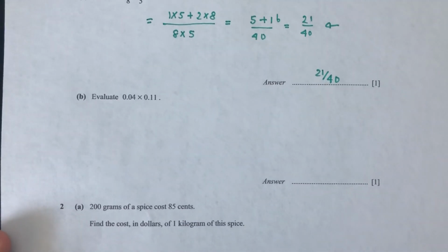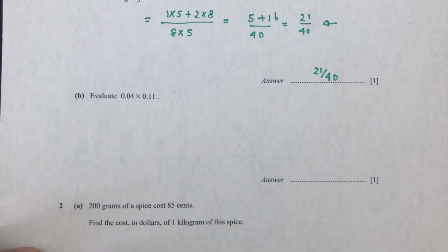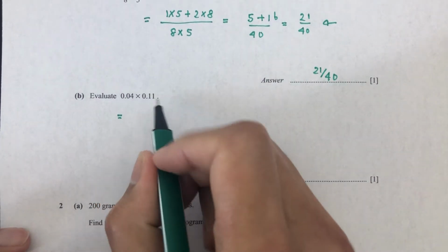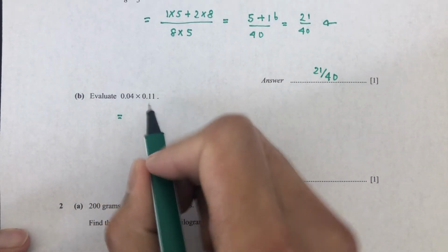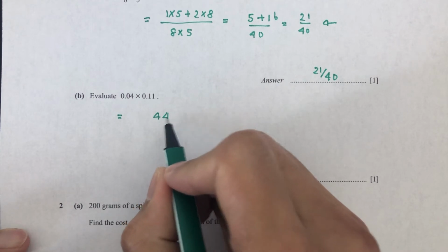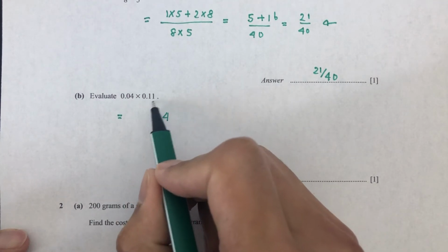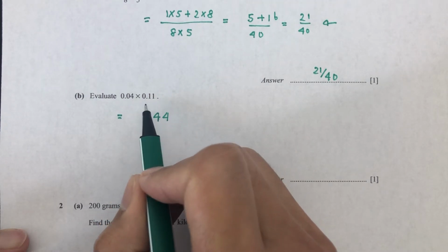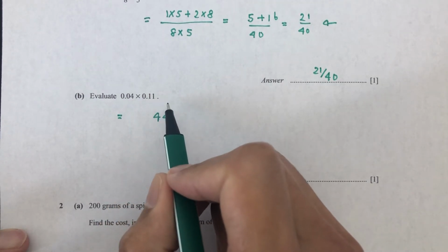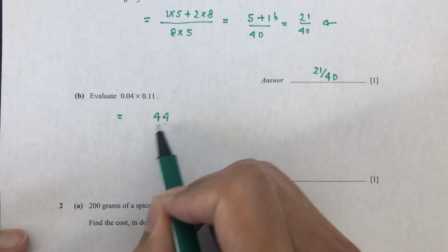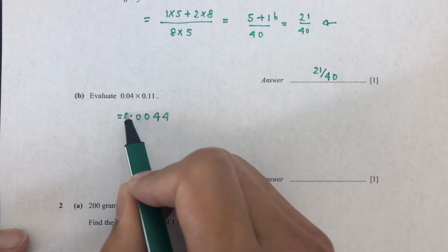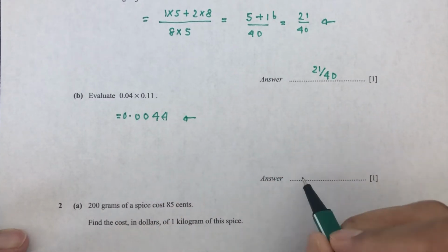So now part B, we have 0.04 times 0.11. The first thing I'll do is ignore the decimal place. I just do 4 times 11. It will be 44. I count here we have 2 decimal places and here we have 2 decimal places, so we add up the decimal places. We have 2 plus 2, that will be 4 decimal places. So we count 1, 2, 3, 4 decimal places. So your answer is